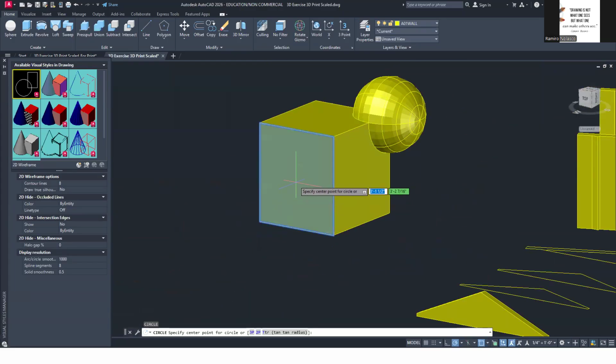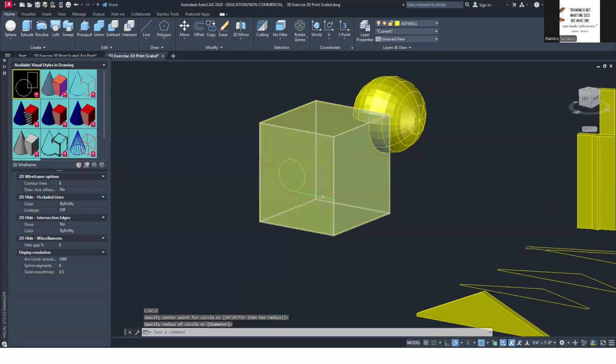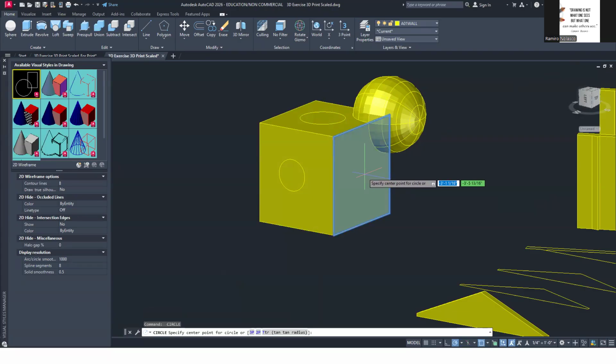Circle, if I hover over that object or surface, it will create my circle aligned to or on that surface. Okay. So if I want to create a circle here, it will align to that surface. If I want to create a circle here, so C is the command for circle, then I can align that circle to the surface in most cases.